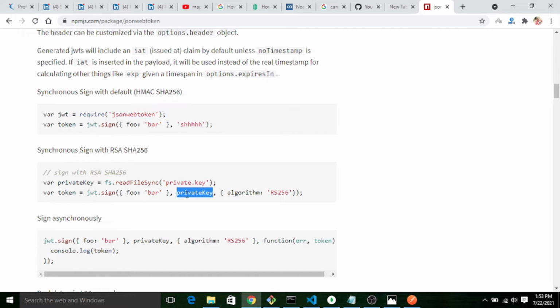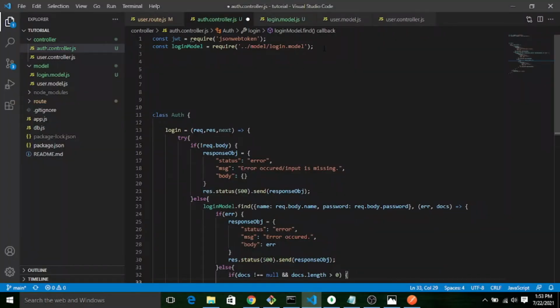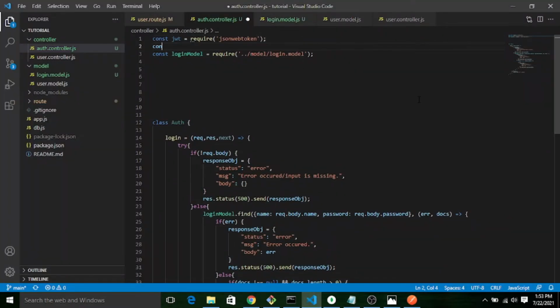The private key we can define by ourselves. We can also create some .pem file, or give some encoded value. We can use the crypto module for that. Here, for testing purposes, I am hardcoding that value, private_key, which, let me take, node tutorial. It completely depends on you. In a real-time application, we cannot give it like this.